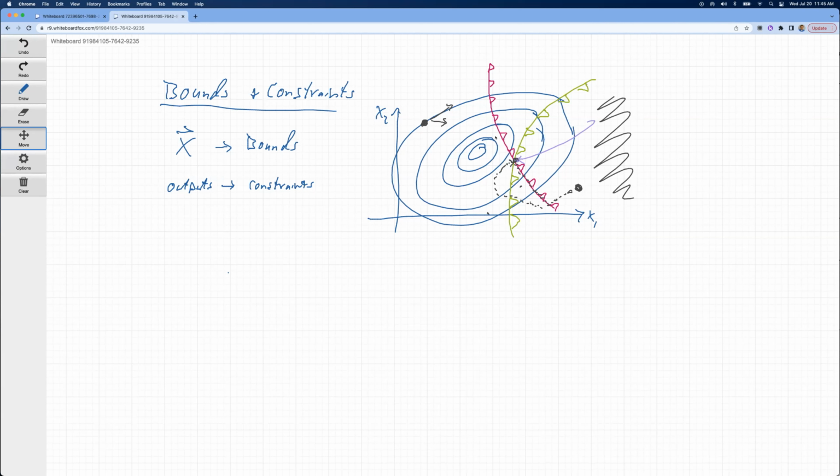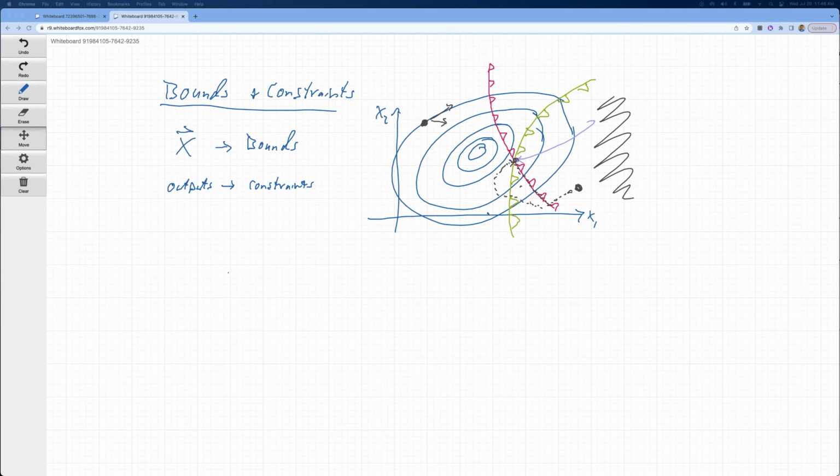And there are some benefits, pros and cons to both of those methods, just depending on what your design space looks like, and also how quickly it can converge to a solution. GRG might require a little bit more time because it's trying to satisfy these at every point instead of just at the end. Okay, so this is just, again, a crash course on bounds and constraints, so you're aware of what those mean and what they look like within a design space if you were able to visualize this.